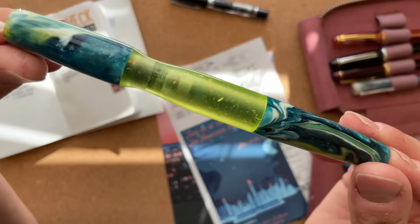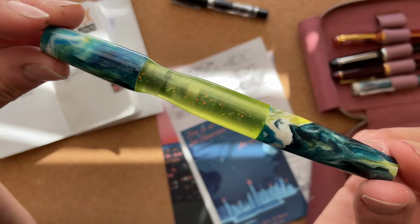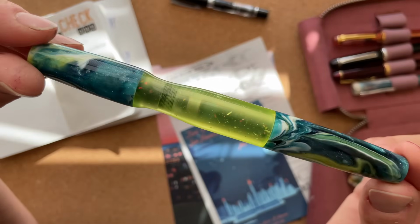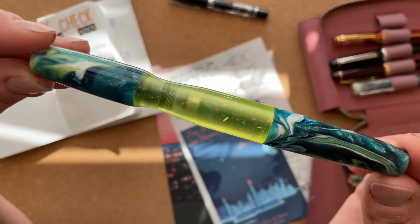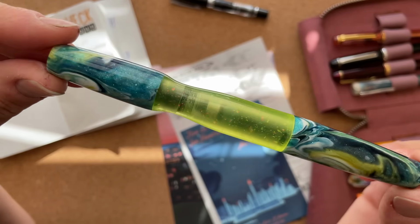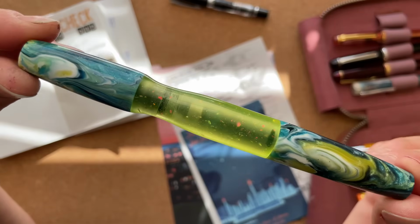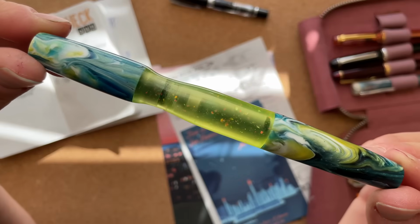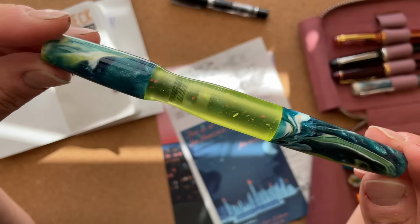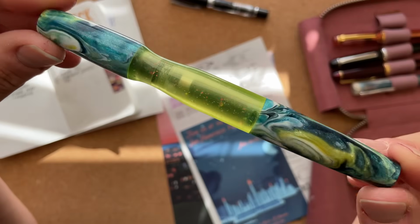The reason why I wanted to check those out is because on the Gourmet Pens podcast, Candace and Aziza always talk about Ben's... I still didn't look up his name. I think his name is Ben from Mayfair Pens, and what amazing pens he makes, how quickly they sell out. And so I just wanted to check them out. And I went over to his table,